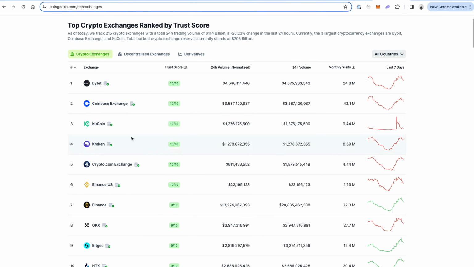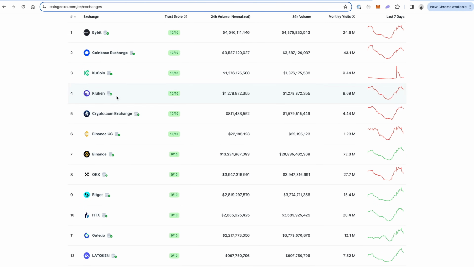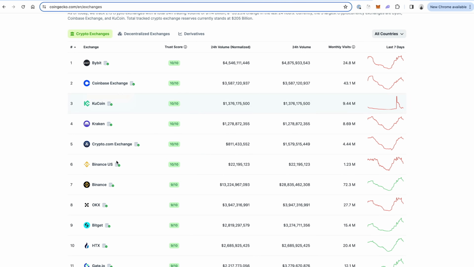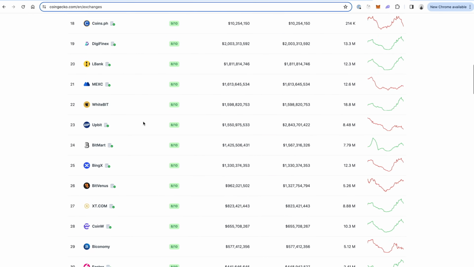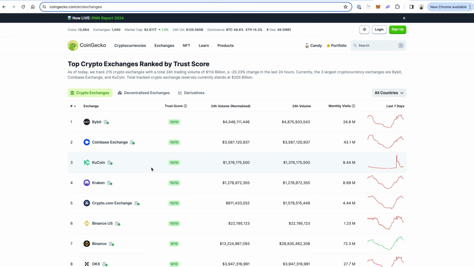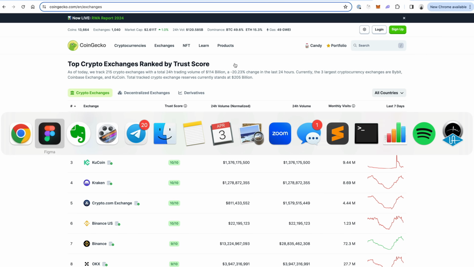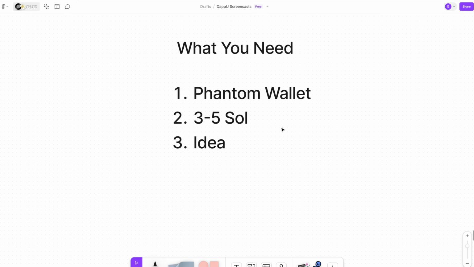Or you can purchase it from an exchange and just send it to your wallet. So if you have a Coinbase account or a Binance account, a Kraken account, depending on what country you live in, it will determine which one you most likely have. But any of these major exchanges are going to let you buy the SOL cryptocurrency or some Solana coins and then send them directly to your Phantom wallet. Again, you're going to want to have 3 to 5 SOL in order to complete this process. All right. Now, the last thing that you need is going to be an idea. And let's go ahead and make that its own separate section starting right now.